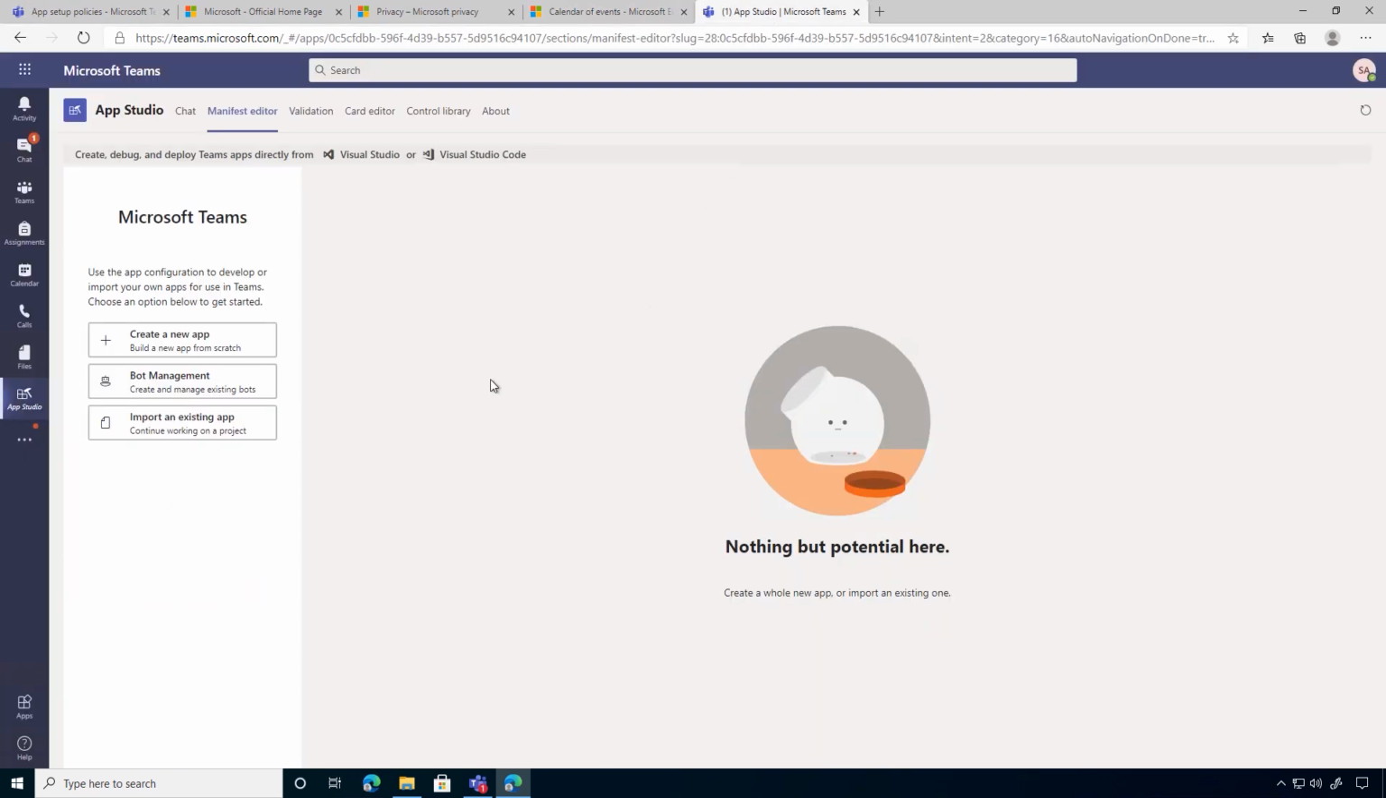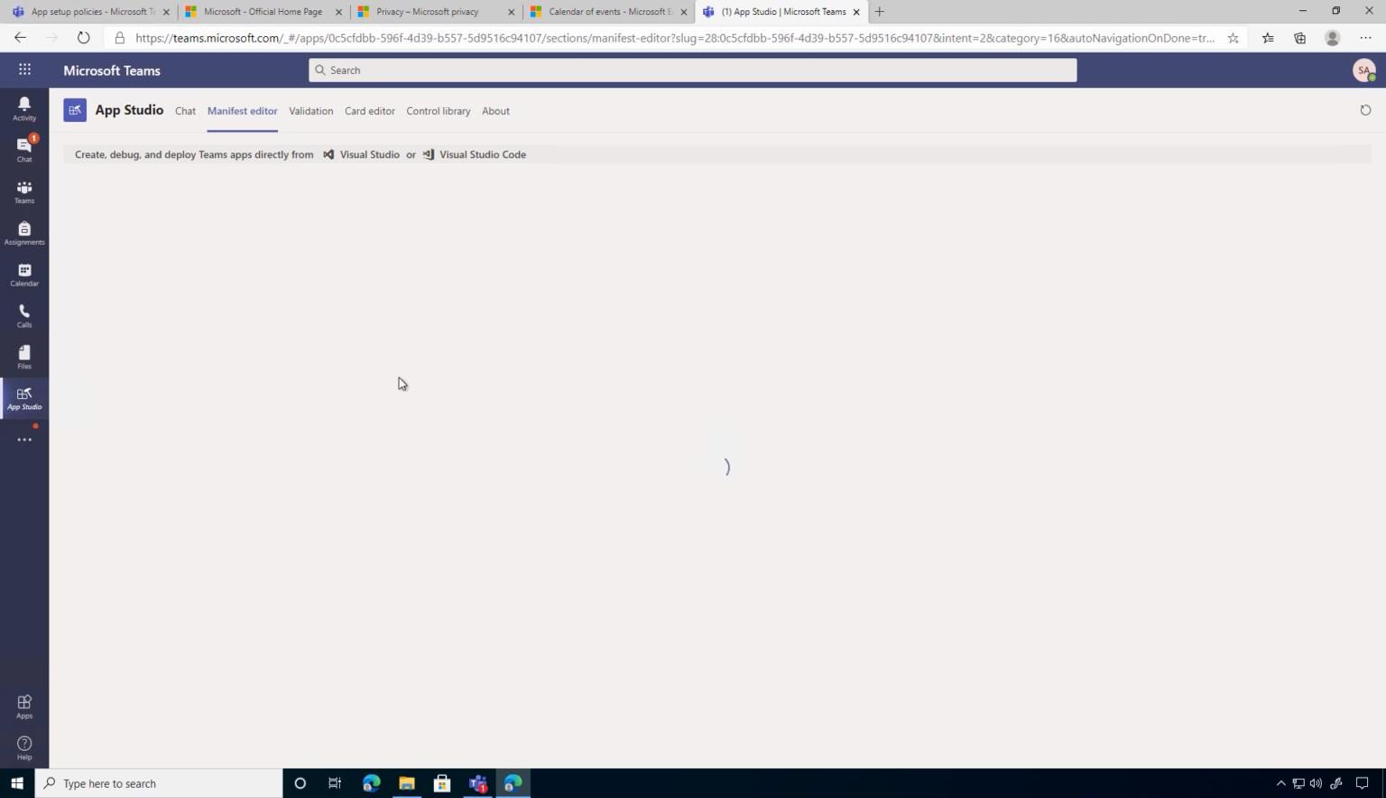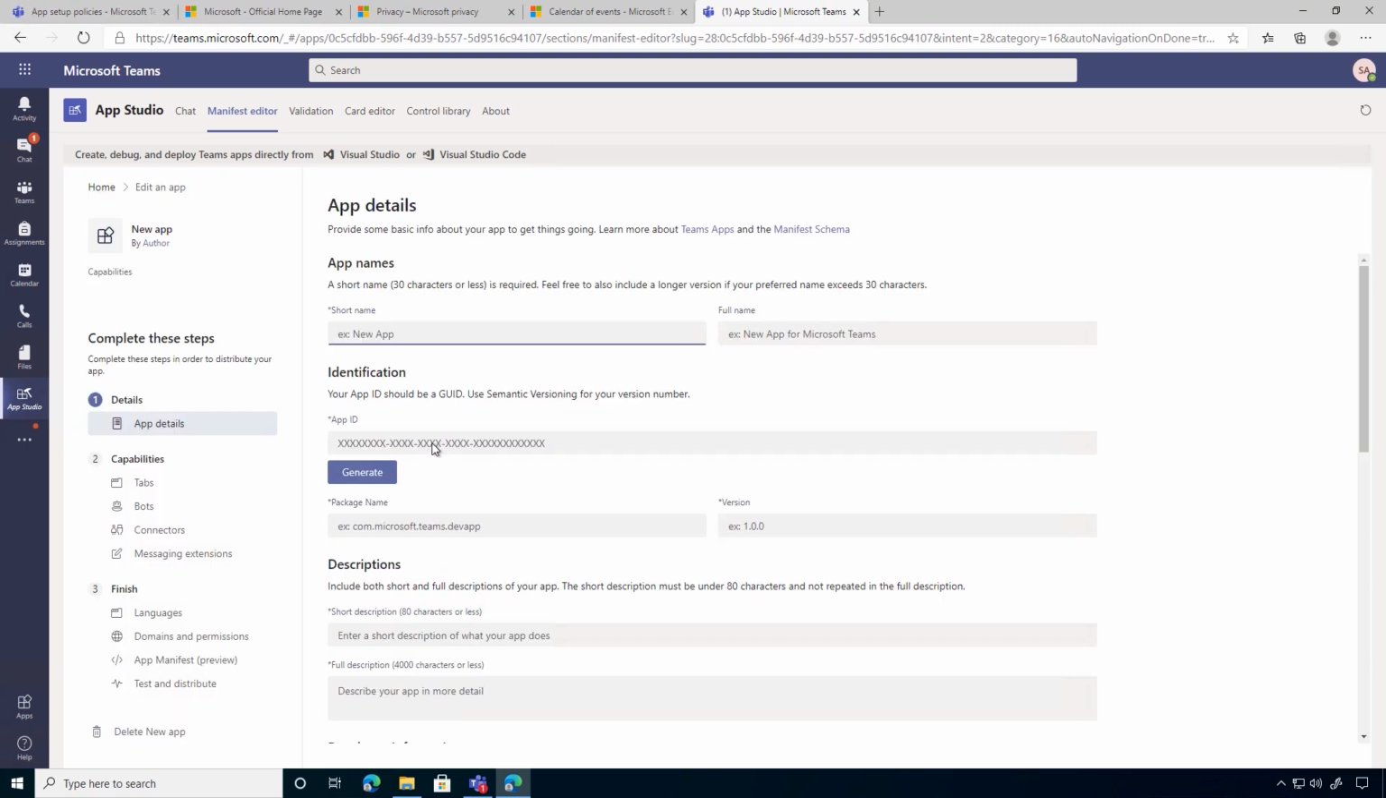To begin, what I'm going to do is click on Create a New App. From here, we simply need to go through and then fill in all of the fields. So I'm going to call this one Events. Click Generate to give it an app ID. Package name, so this is the name that you want to give it. So I'm going to call it